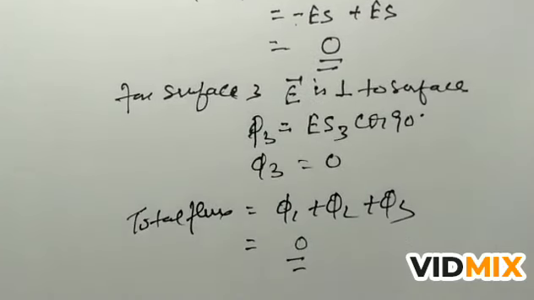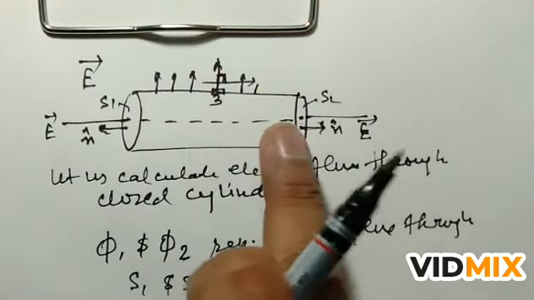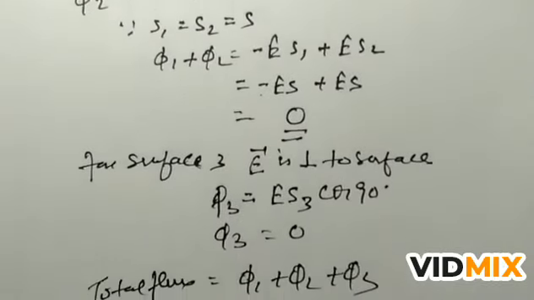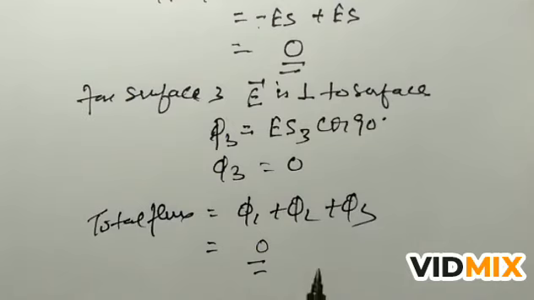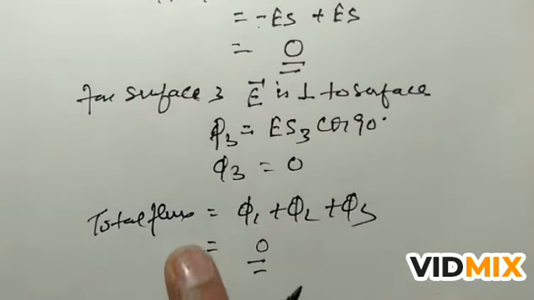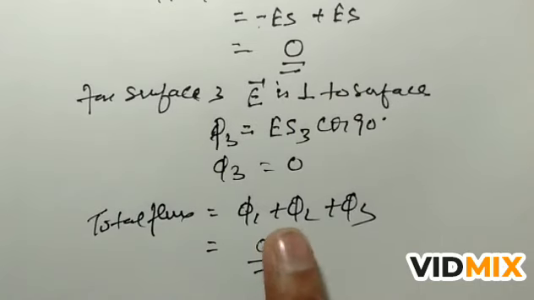So we can say that the total electric flux over a closed cylindrical surface containing no charge is 0. Means inside this cylinder there is no charge, so the flux passing through this cylinder is also 0. We have proved here how it is 0. So make it clear again, do it on your own, and find the application of Gauss law here, how we apply Gauss law for all the surfaces and how the total flux is 0 from the surface in which no charge is enclosed.